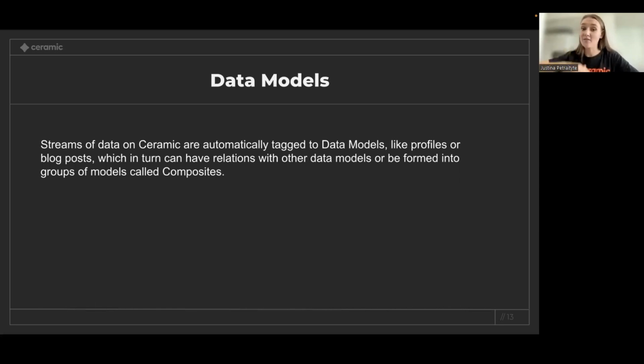You can also define relations between data models. That means that you will be able to interact with data between those models. So for example, you will be able to write queries to access, let's say, what kind of posts the people that you follow shared, and so on. This allows a little more advanced user experience when you build your application, so you can really take advantage of that.